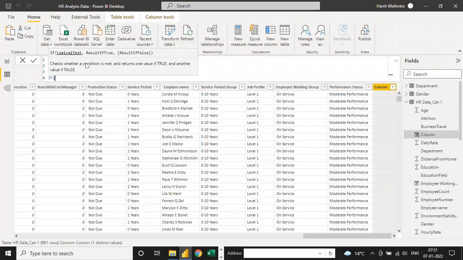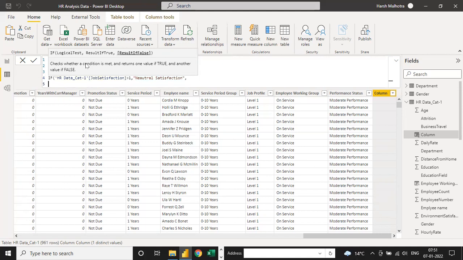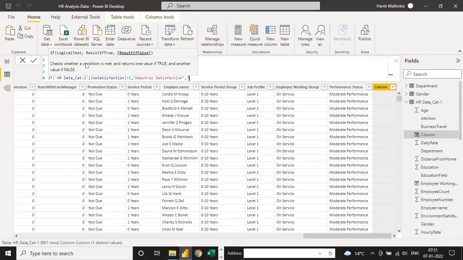If job satisfaction is greater than 1, okay, then you have to put moderate or neutral satisfaction. And the last one, guys, simple. For the last one, don't write any condition because this one is greater than 1, so the last one is less than 1 automatically.